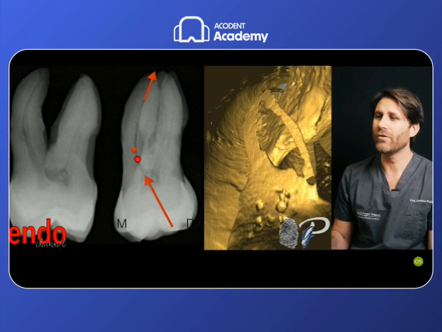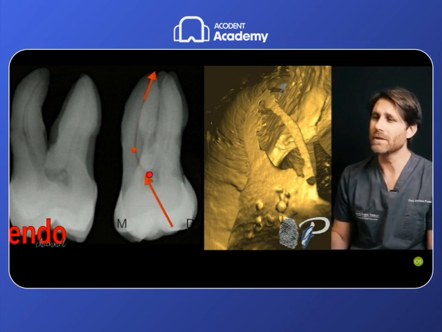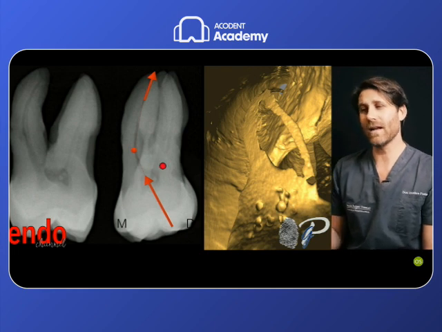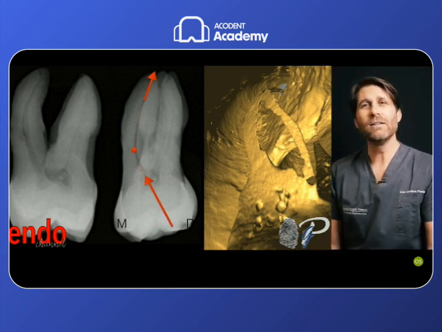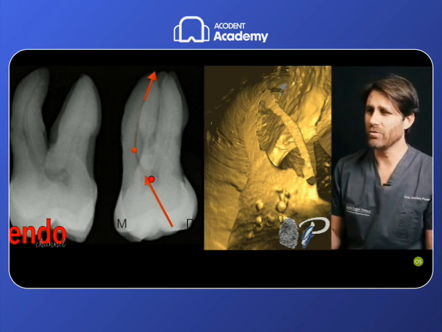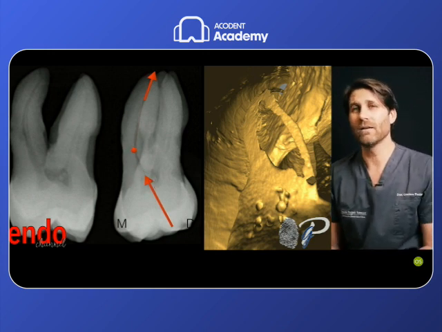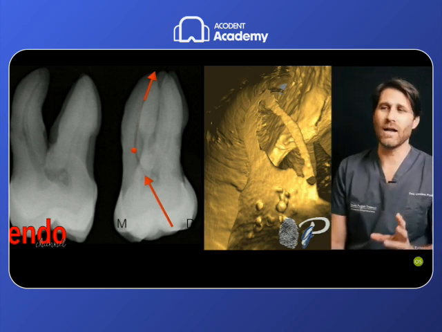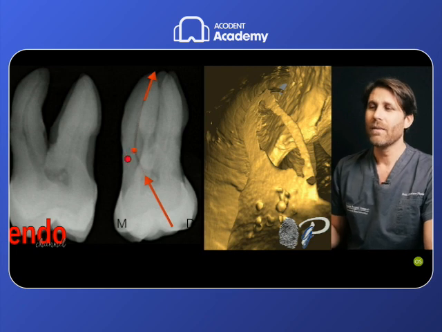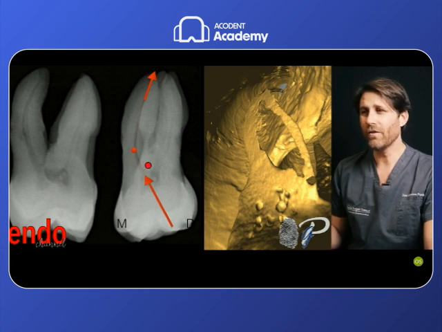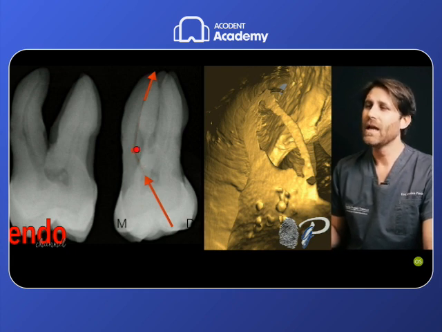So in this case, the problem of these root canals is that this amount of dentin that is covering the MB2 moves the orifice of the root canal towards the center of the pulp chamber, giving the direction of the entrance of this root canal a very inclined distal direction for this MB2 root canal. So in the first 2, 3, 4 millimeters of these MB2 root canals or similar root canals, we have a root canal that has this particular trajectory, this particular inclination from distal towards mesial, because of the presence of this part of dentin that is covering the orifice and moving the canals toward the center of the tooth.